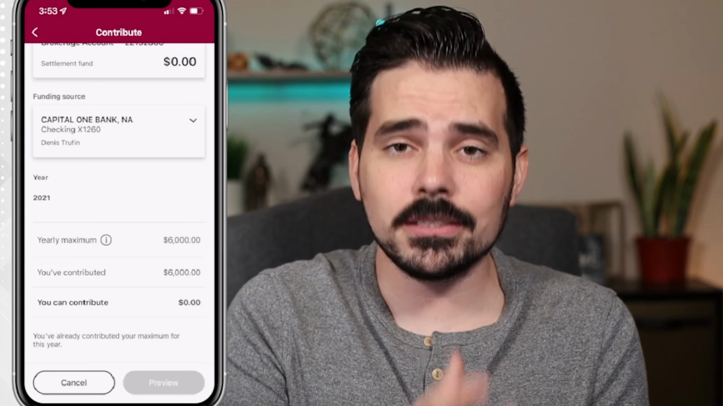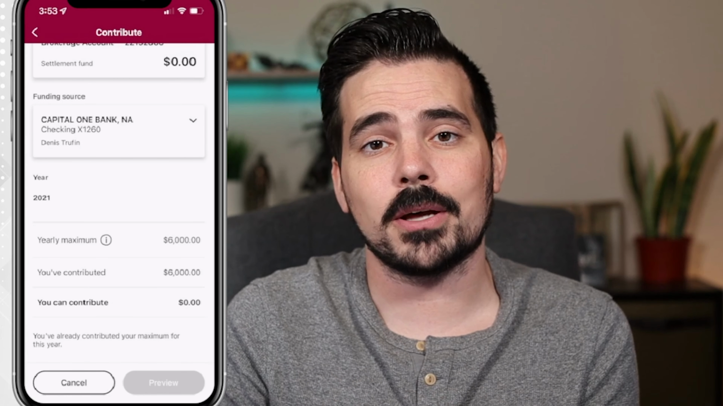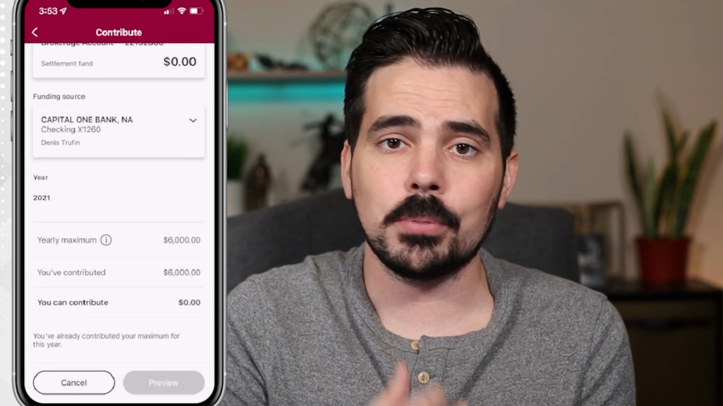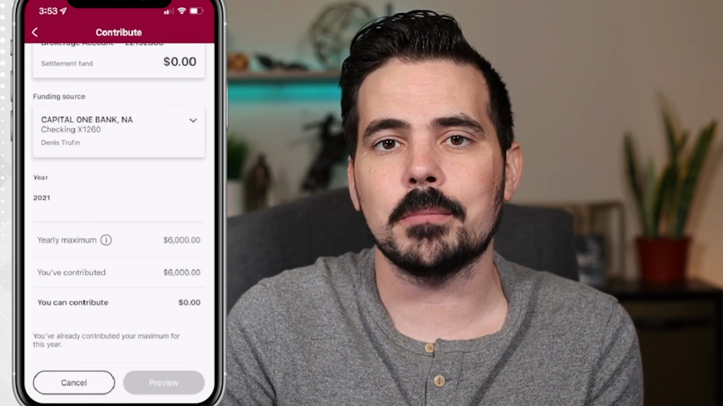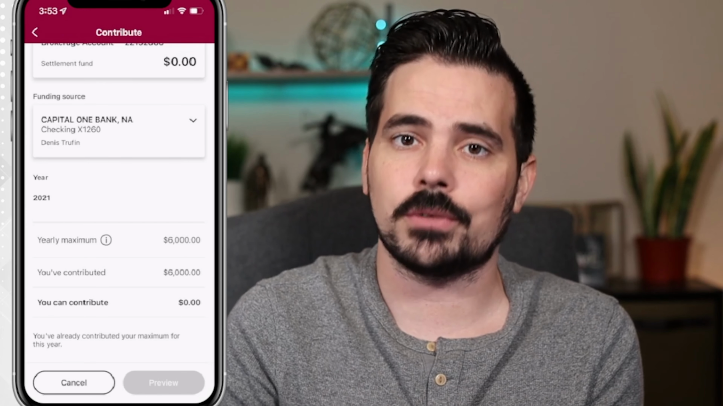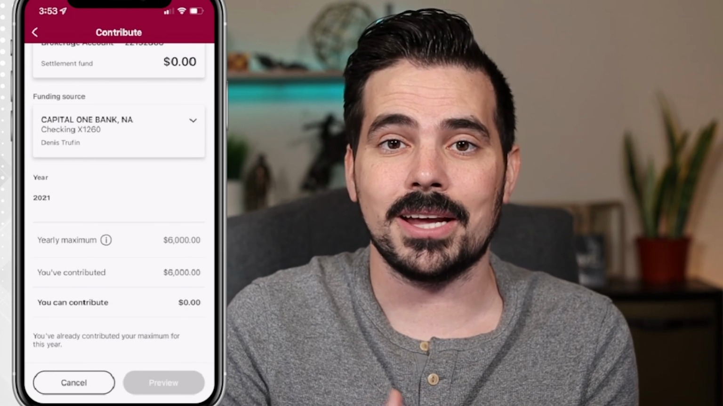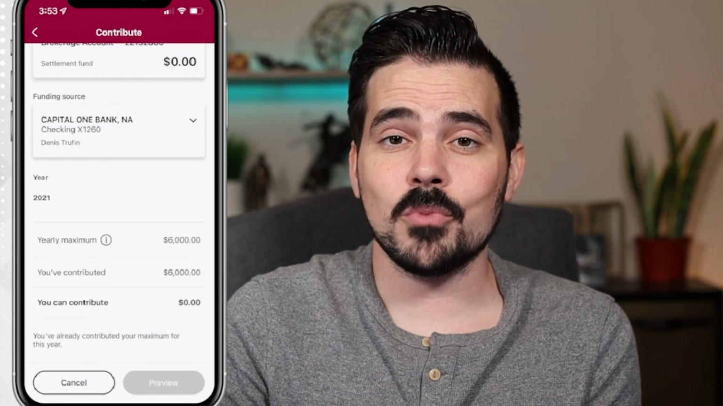Now, if you're somebody who hasn't maxed out on their contributions just yet, this is where you're going to be able to put in the dollar amount that you want to contribute. So go ahead and plug in that number, and then you're going to see at the very bottom where it says preview, it will highlight. So then you can go ahead and preview it, make sure everything looks good, have it withdraw from the bank that you have on file, and then you can go ahead and complete that transaction and contribute more to your